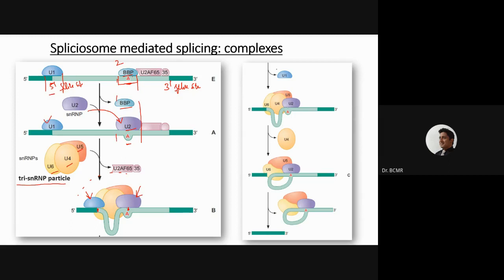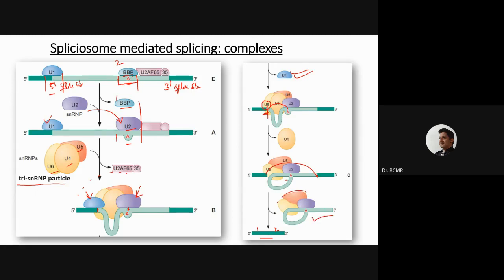Okay, and now U1 is released, and the 5' splice site is now recognized by U6. U6 can also, in a different part, interact with the branch point at some places. So the first cut will be made. The 2' OH of adenine will make a nucleophilic attack, and then there is a transesterification reaction from here to here. And exon 1 and exon 2 are now continuous, spliced together,